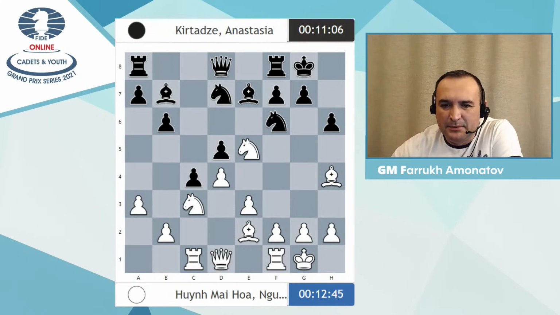Maybe simply a6, b5, some ideas like this, and pushing pawns on the queen side. Of course, white must prevent it, because if black plays b5 and then slowly prepares a5, b4, it will be really very unpleasant. So I think white can play a4 to prevent any b5,